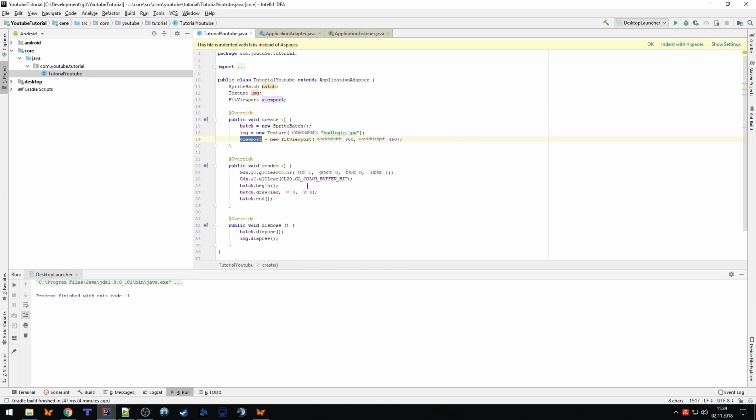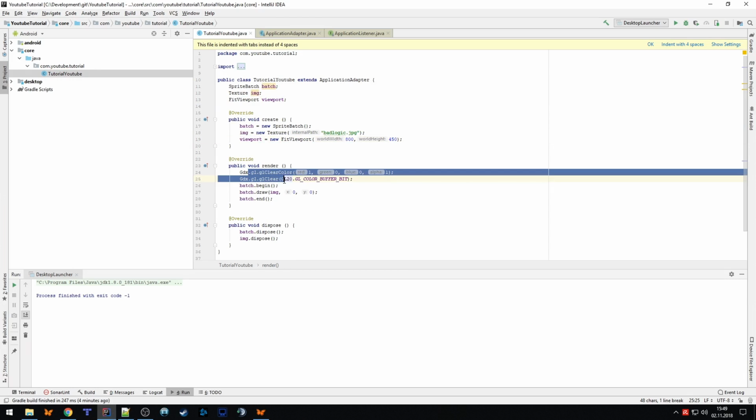And then in our render method, so what's happening here? So those two lines are removing everything that is currently drawn to the window. So let's say we draw some images to our window, and then of course in the next frame we need to remove everything and draw the new images again to the window. So this one is defining with which color the window gets cleared.